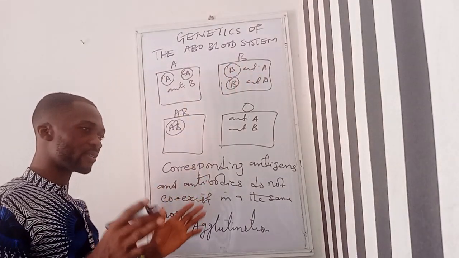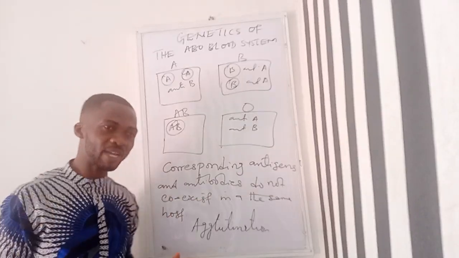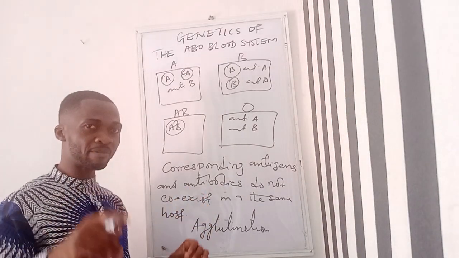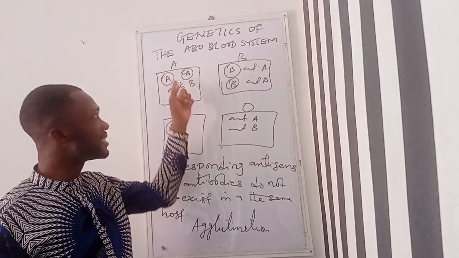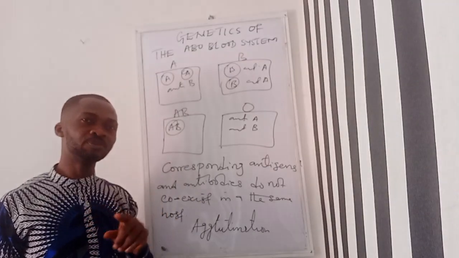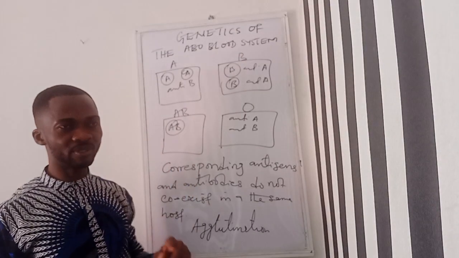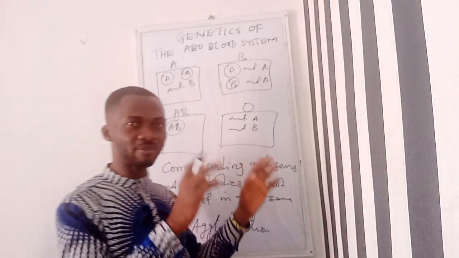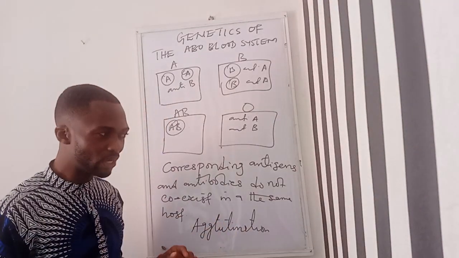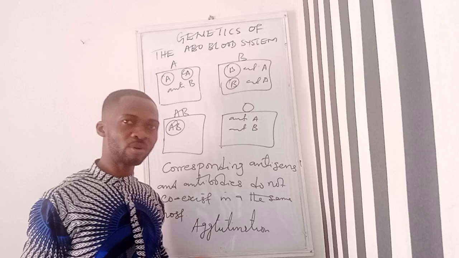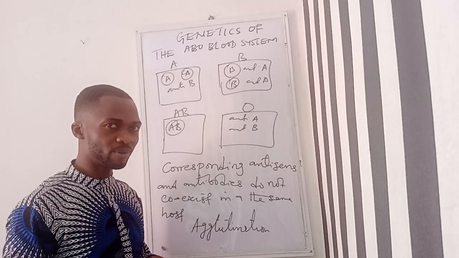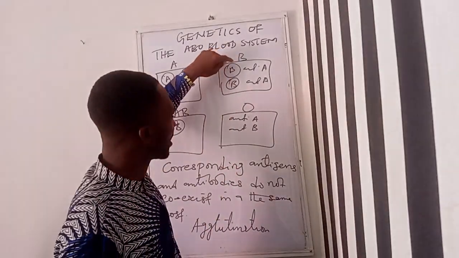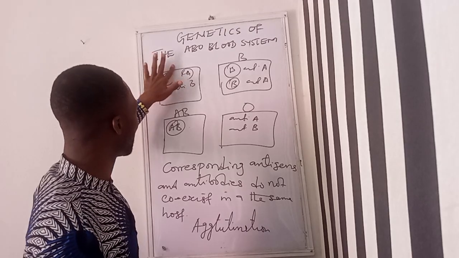Because they are corresponding, they are of the same type, they have the same alphabet, corresponding antigen and antibody, not antigen and antigen, but antigen and antibody. So far they correspond in terms of the alphabet, then you will know that this blood type is not compatible. But if, let's assume this is another person,